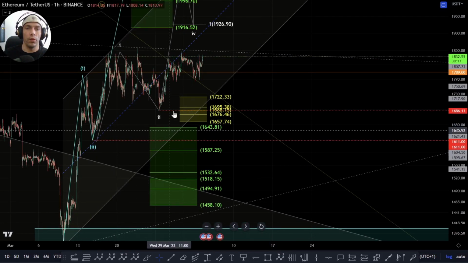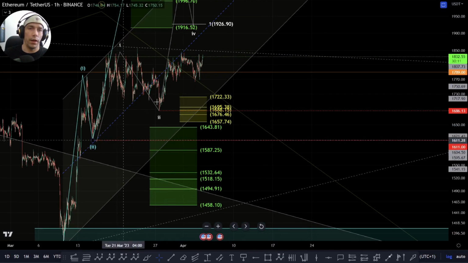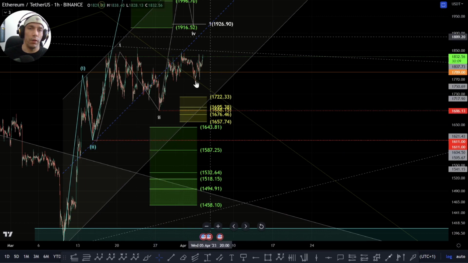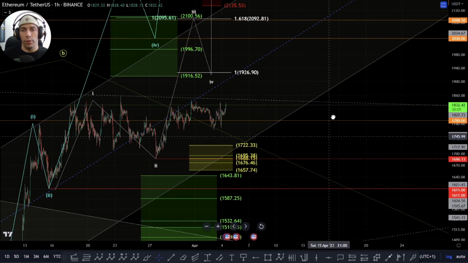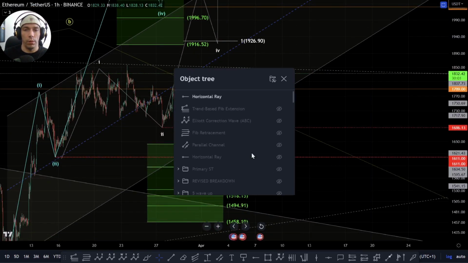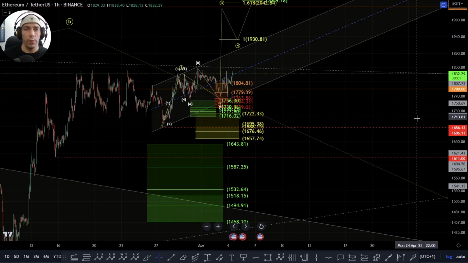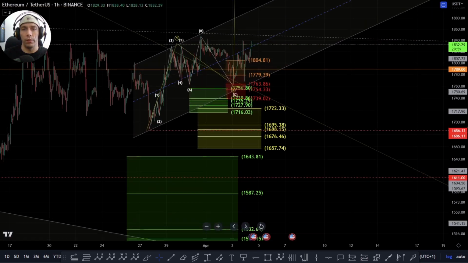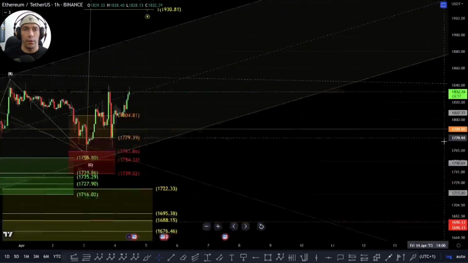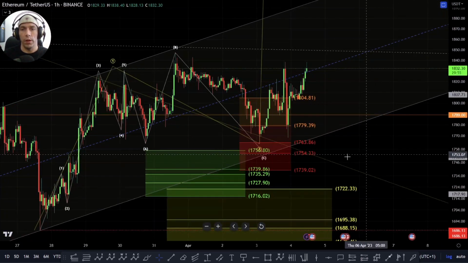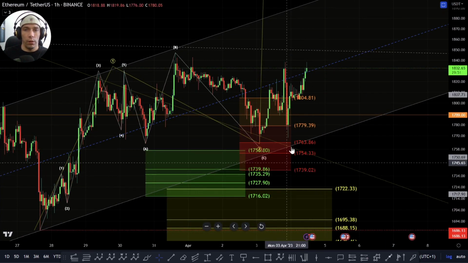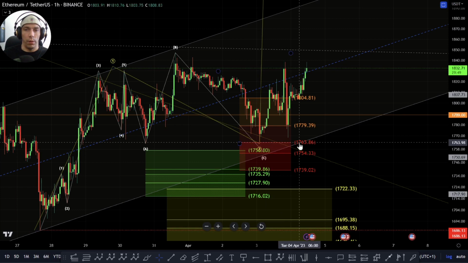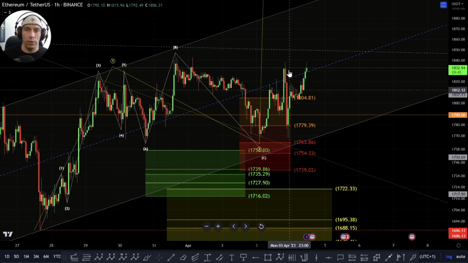For as long as we continue to set higher highs and higher lows, potentially we can be looking for this bigger continuation. So we were talking about a couple of things in the previous video. We were discussing the possibility that we could be breaking to the upside, and we were talking about this lower zone here between this 1804 to this 1739 area as a potential target range. So we did actually come down to that 1236, and we have actually started to move away